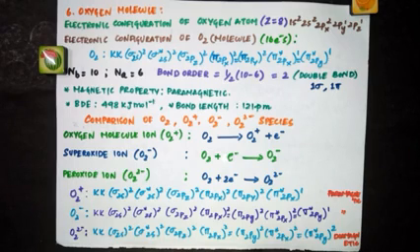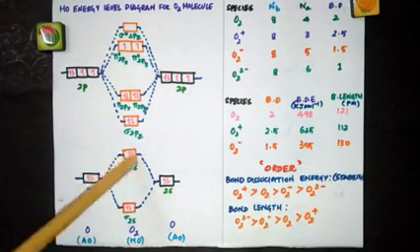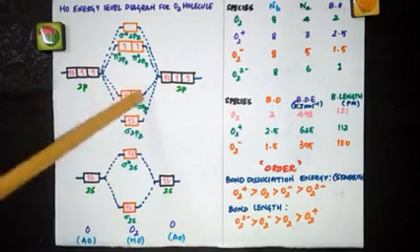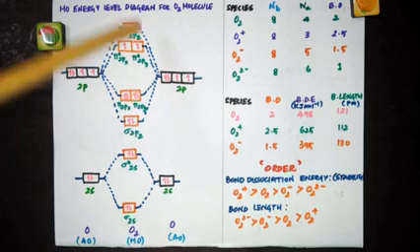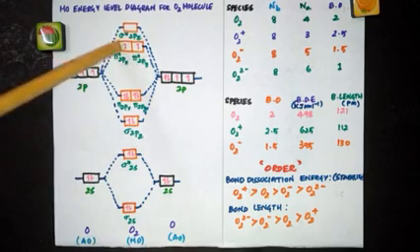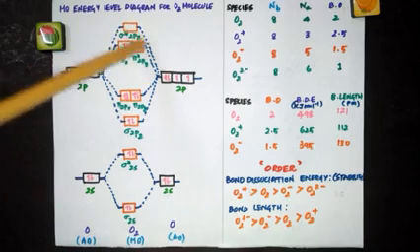They will ask you a question giving all these species. Out of these species, which will be more stable? For that, you have to compare the bond orders. See, this is the MO energy level diagram for O2 molecule. See, 1, 2, 3, 4, 5, 6, 7, 8, 9, 10, 11, 12. So totally 12 electrons here. We haven't represented sigma 1s and sigma 2s. There we will have 4 electrons, so totally 16 electrons. So when it comes to O2 plus, you will remove 1 electron from here. When it is O2 minus, you will add 1 electron here. When it is O2 2 minus, you will add 2 electrons, 1 here and 1 here.